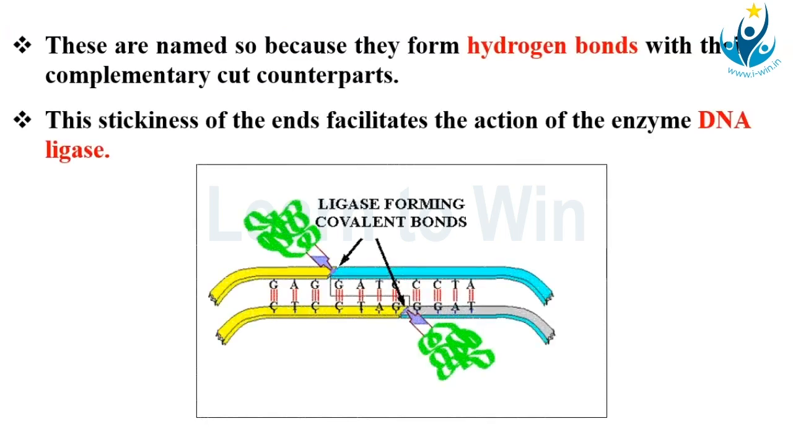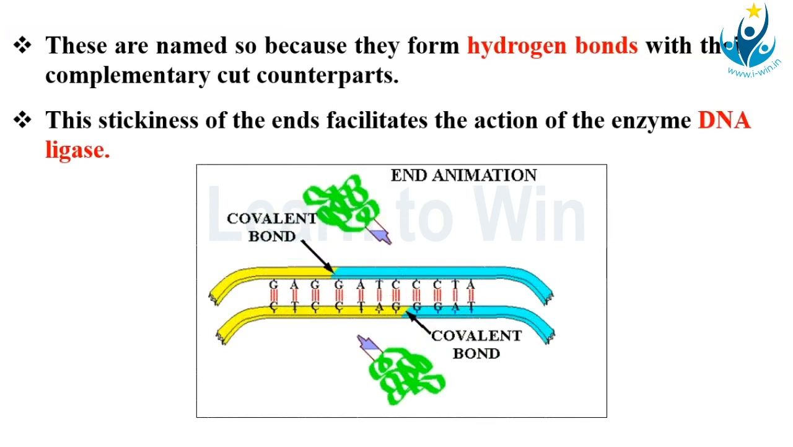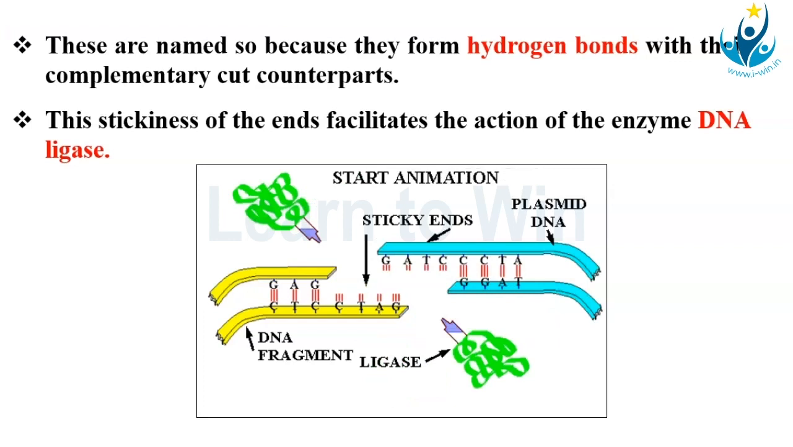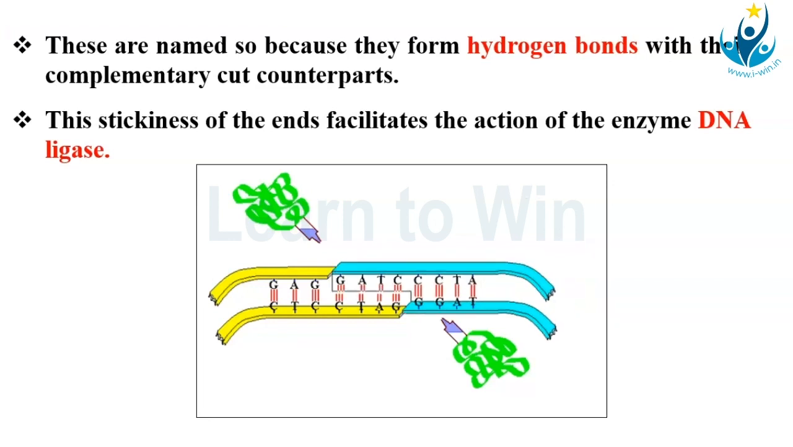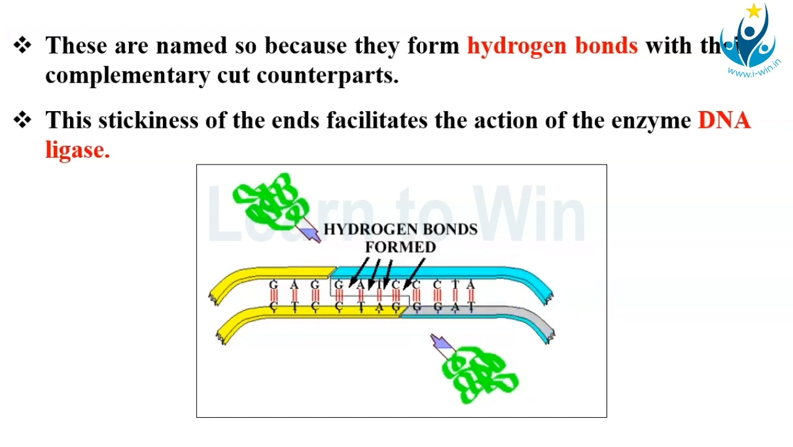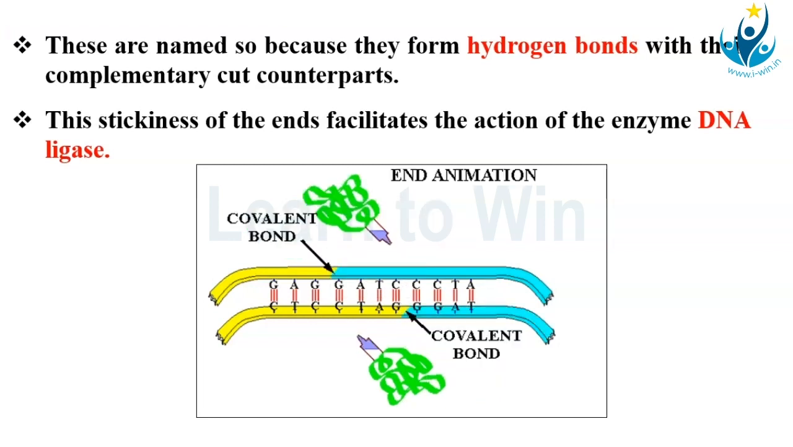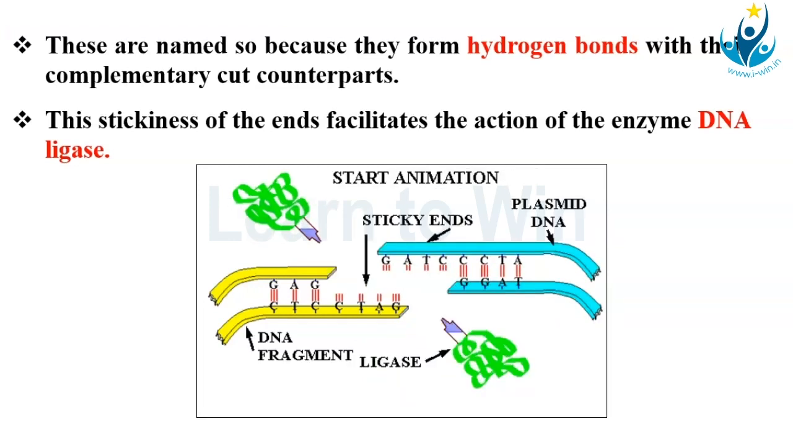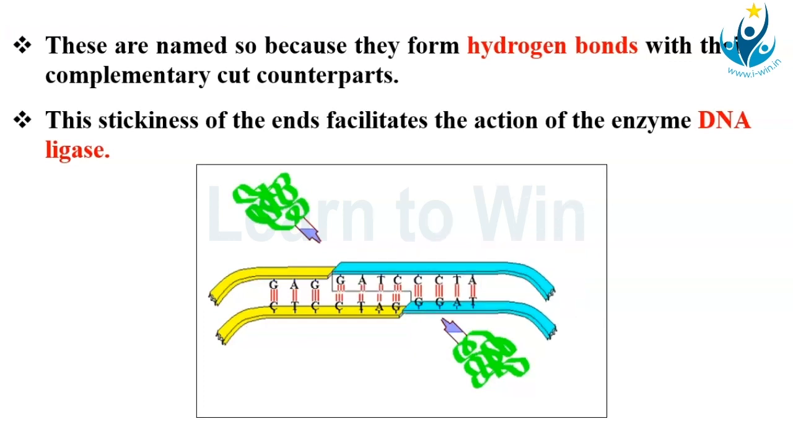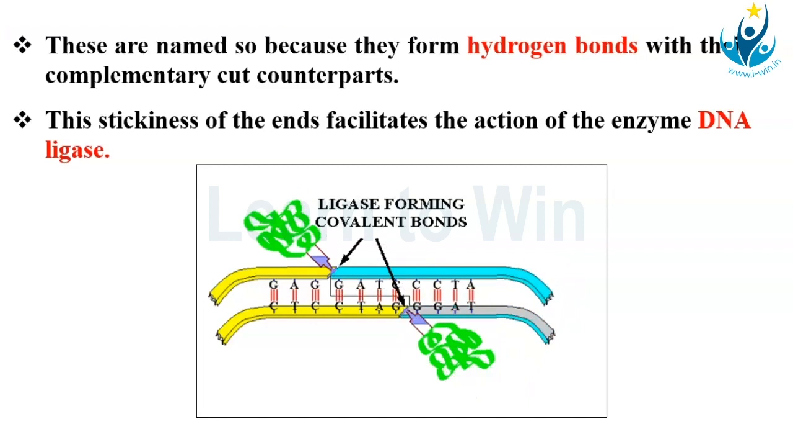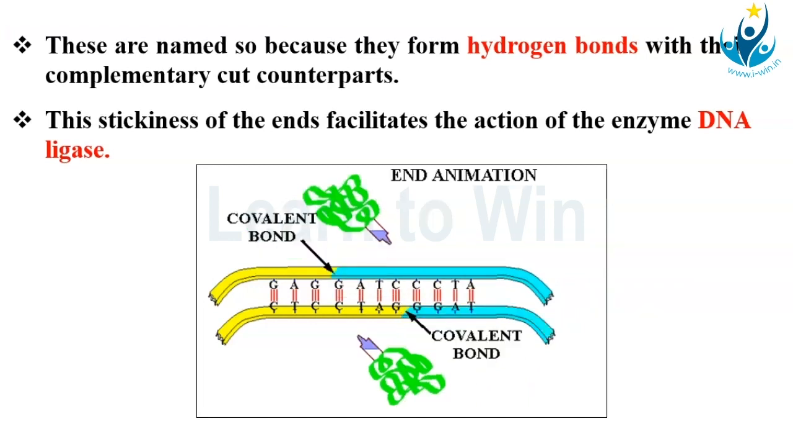Well, staggered cuts are very easily joined by using DNA ligases, because if you see the overhangs like this, they are actually complementary to each other. So they are like two perfect pieces of a puzzle. When you join them, it is easy to form the hydrogen bonds between them, and DNA ligase will come and seal it very easily. See the animation, they are just two perfect pieces which are complementary to each other. So when they join together, they very quickly form the hydrogen bonds between the base pairs, and ligase will seal